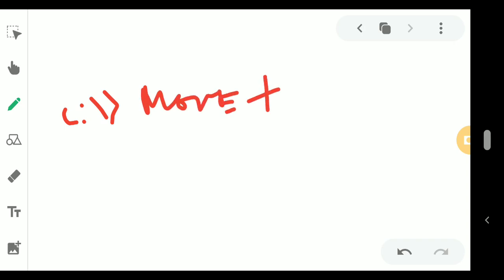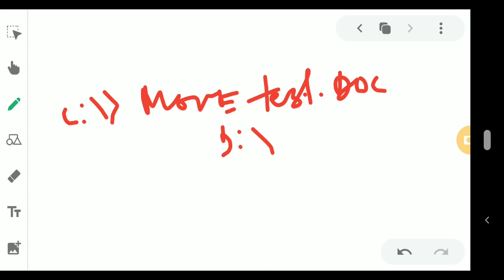Suppose test.doc is a file I want to move to the D drive. You give the destination drive location. Another very popular one is volume. Volume will display the drive specified space, and its label is also there.